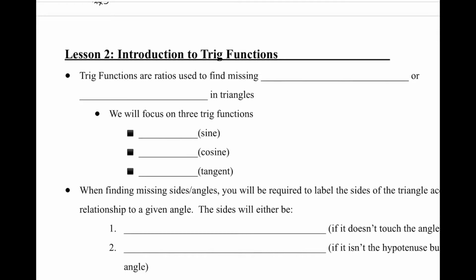Hey guys, so in this video I wanted to go over lesson 2 for unit 6. So in this lesson we're going to start talking about what these legs and hypotenuse mean when we're talking about trig functions. So typically trig functions are ratios used to find missing angles,